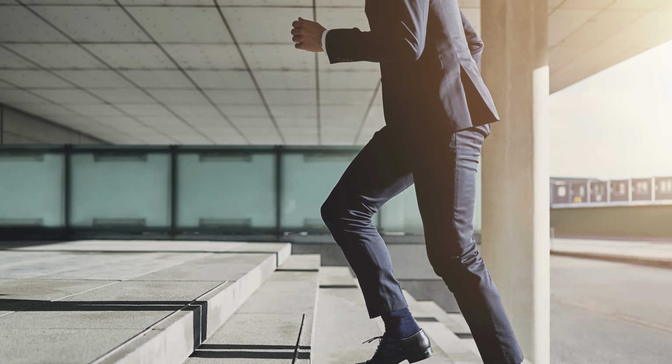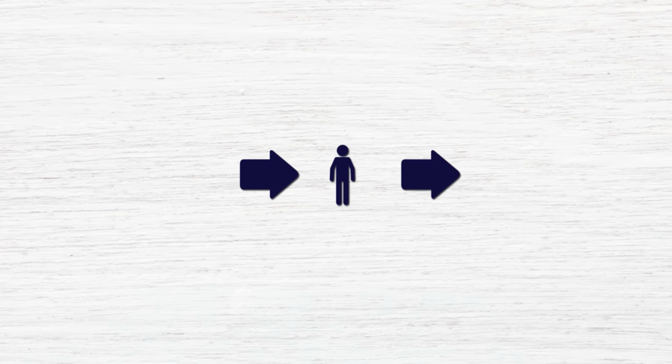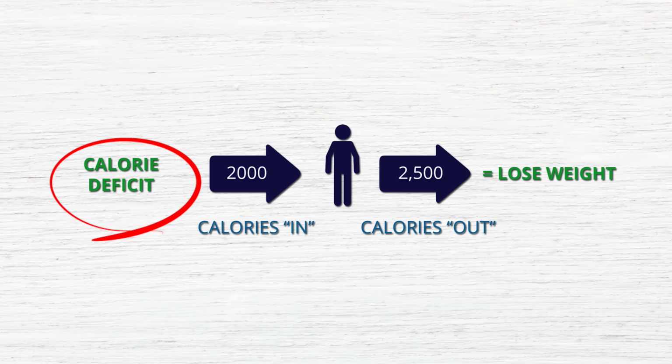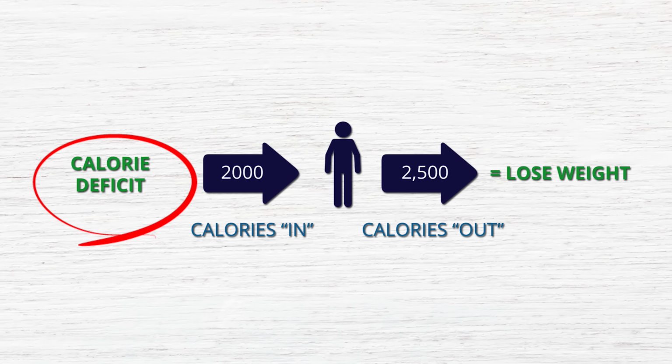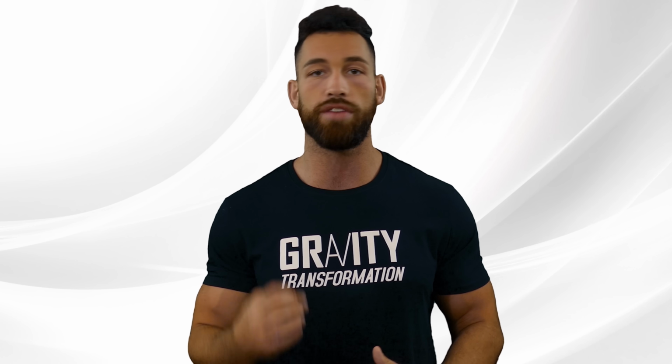Imagine how much extra calories you would burn if you carried a 10-pound dumbbell everywhere you went. Well, when you lose that weight, you're no longer burning those calories, so technically you need to reduce your calories further just to maintain the same calorie deficit that you had when you first started. So every 2 to 3 weeks or so, you should reevaluate your calorie deficit, especially if you hit a plateau